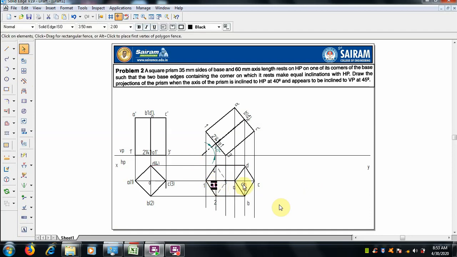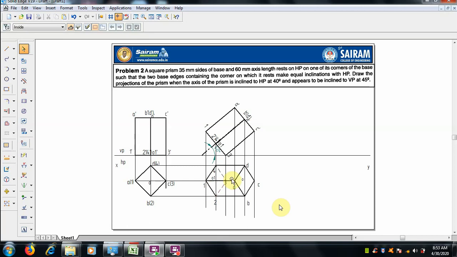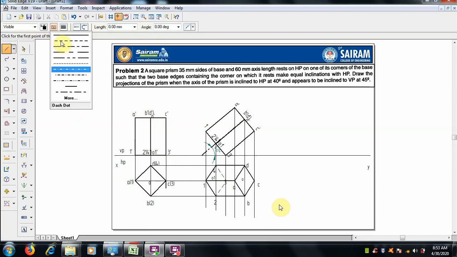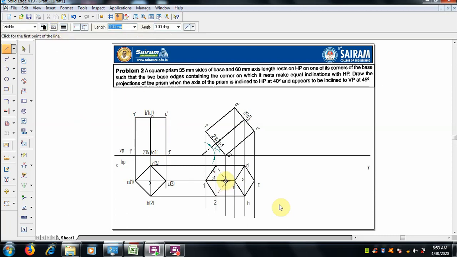O1 is the base, this axis point, end point, and at the top it is O. 3 to C is a line, that is the edge, which should also be drawn as a hidden line.